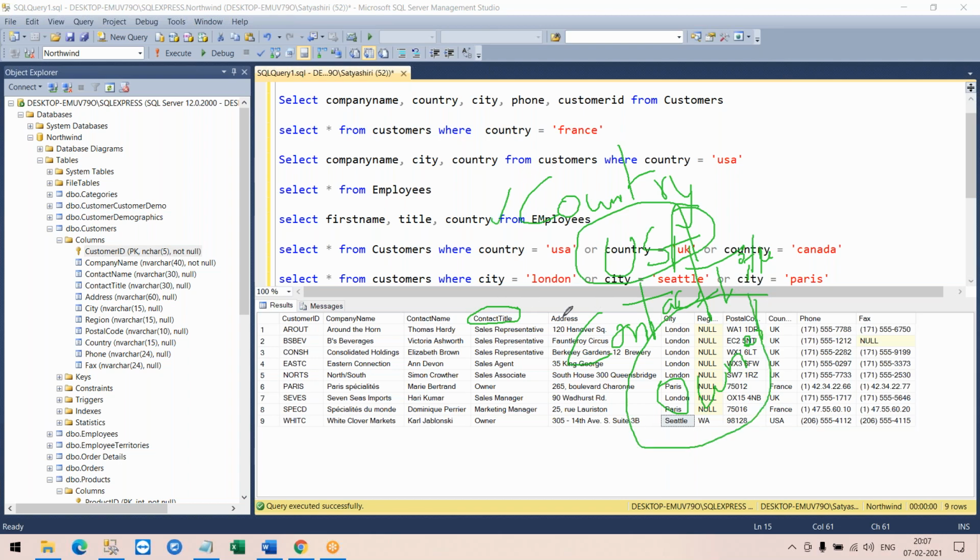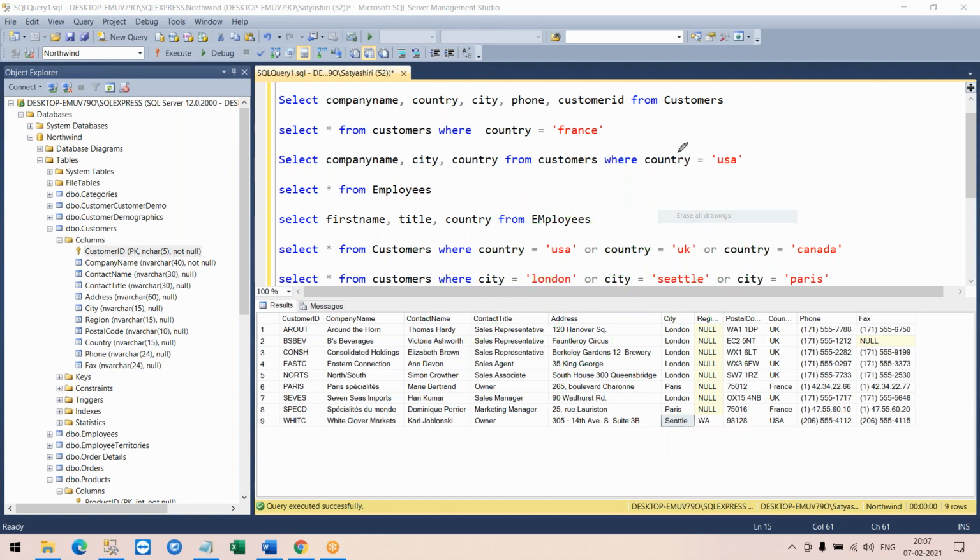Since there are two different columns on which you have to apply the conditions, you would use an AND clause. Why? Because you want both the conditions to be met. An AND clause, instead of an OR, which is either this or that. An AND means you want both the conditions to be met.